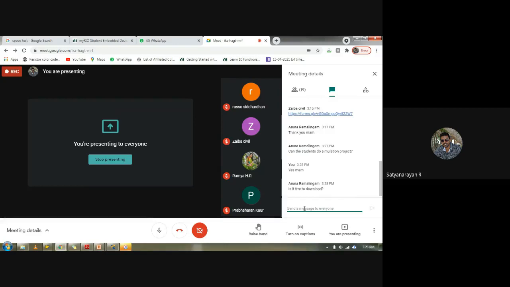But if you want it completely free, students can go for the community edition. Actually, there is a LabVIEW Community Edition. If you download the software from that, it is free of cost and students can use it freely.